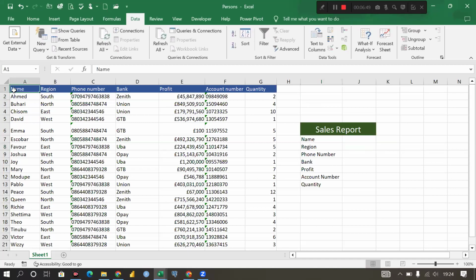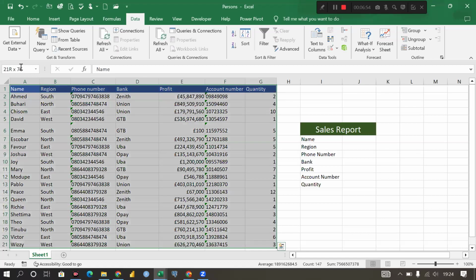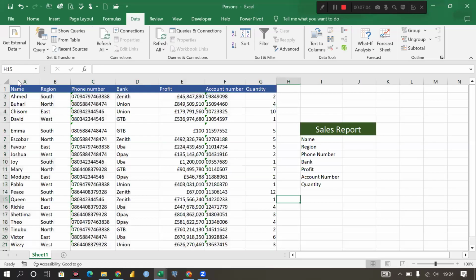So how do I name? I'll click here, select everything that we have to do here, then go here, type the name, table. I'm using table 1. Click enter. Selected. That is, I've renamed this table now. If I highlight this table,